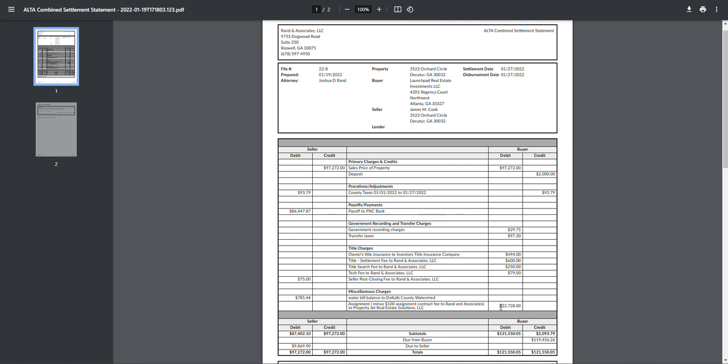And then you have down here the assignment fee, right, to Property Jet Real Estate Solutions, right, which is $22,728. And then you have in that section all of the totals for the buyer side, right? So the total deductions from the buyer are going to be all of this added up. All of this added up to $121,550.05. Then you have the total credit, which is going to be all of this added up, which is the earnest money deposit and the taxes, to